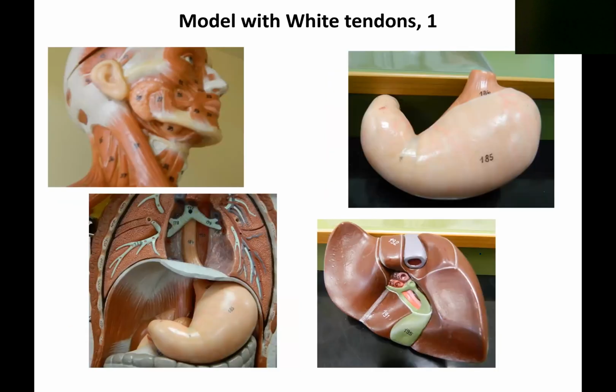All right, different full muscle model. Again, parotid gland, submandibular gland, esophagus, stomach, which they pulled out, gastroesophageal sphincter, cardiac stomach,